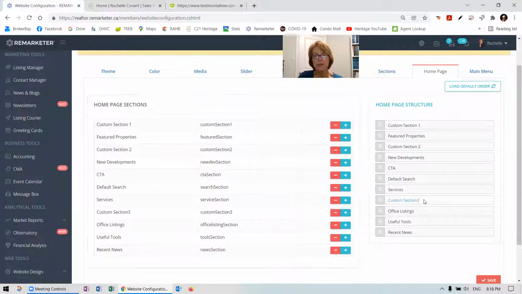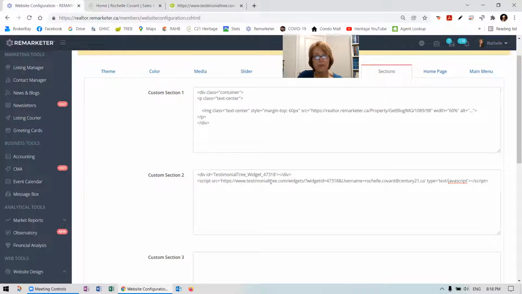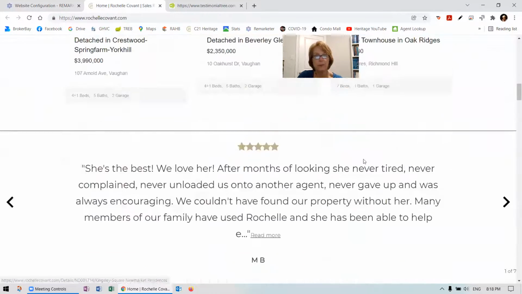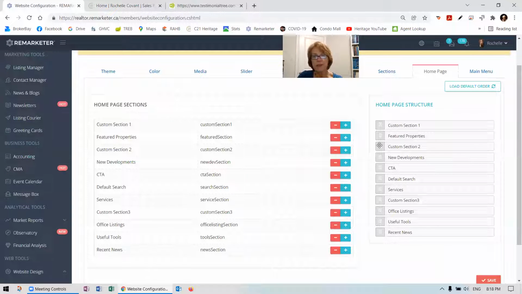So even though we know that there was nothing in custom section 3, that actually doesn't appear. So if you wanted to, you could remove it. But I know that custom section 2 is where we pasted that code. So as we saw, it was below featured properties, and I'm going to move it down. So you can simply drag and drop. So let's say we want to put it below the services here. So you just click on it, hold your left mouse button down, or however you do that, and drag and